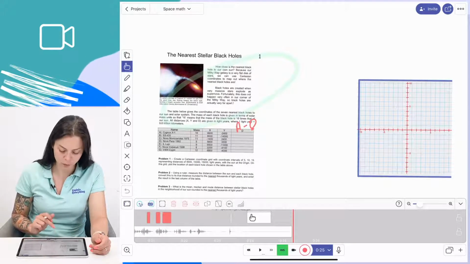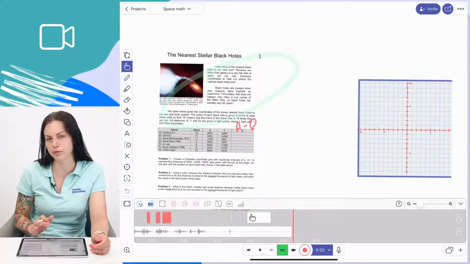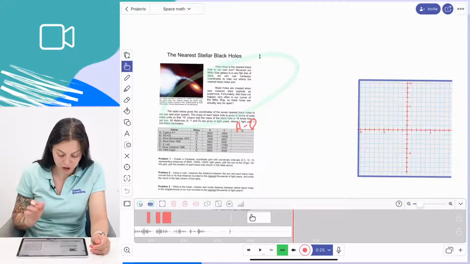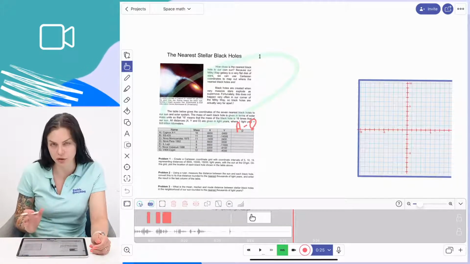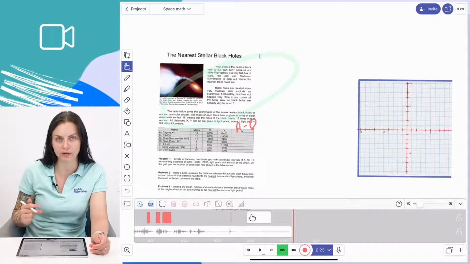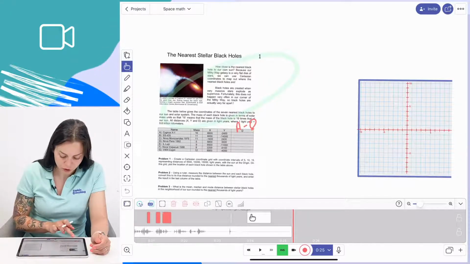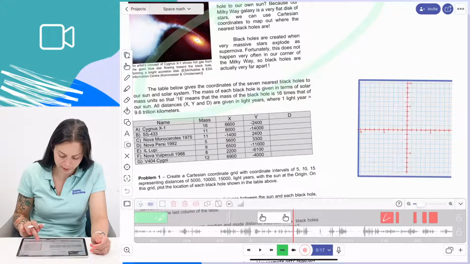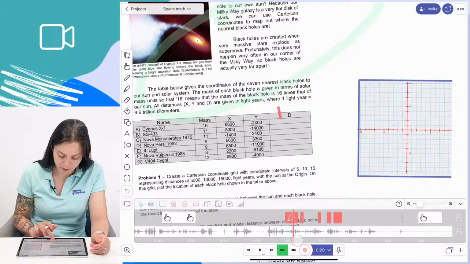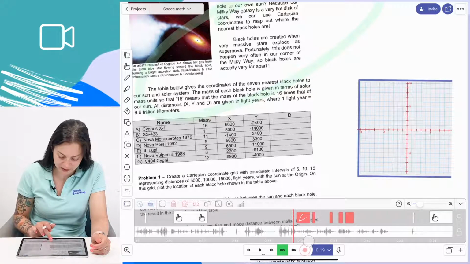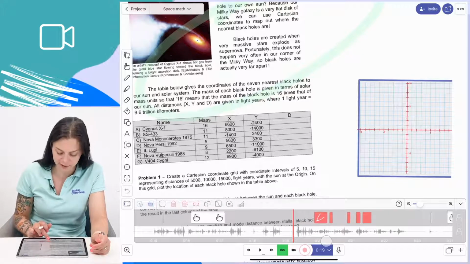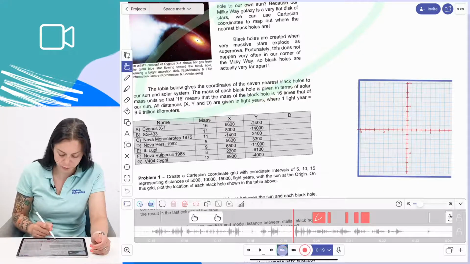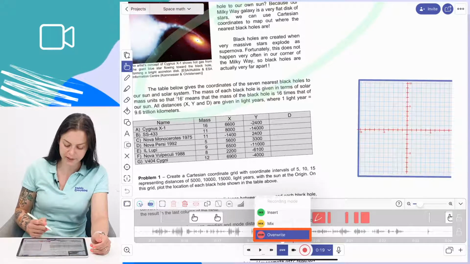But say for instance, we decide that we actually don't want our students to do problems A to D. We want them to do all of them, A to G. So what we would have to do is overwrite the last part of that short recording that we created. So let's scroll back on the timeline to the point where I started talking about this. And you can see the point where I started writing A to D and started telling them which problems I'd like them to solve. If we scroll to this specific moment and then switch our recording mode to overwrite,